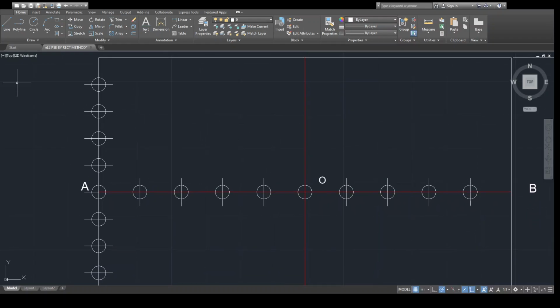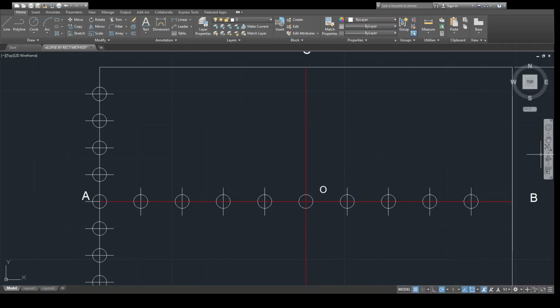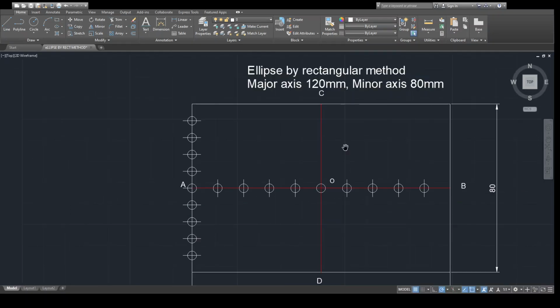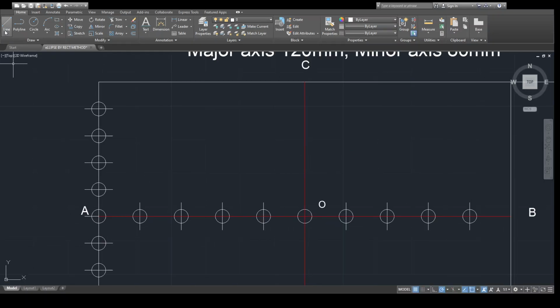The next step is very simple. We will draw a line from this point C up to this end.